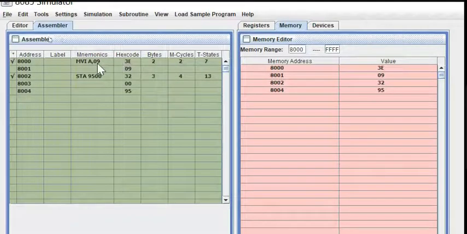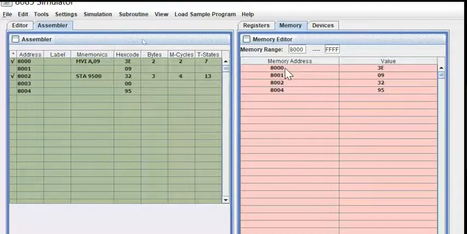And then the data must be stored in the next immediate address location, 8001. STA 16-bit address, 32 is the opcode from the opcode sheet. So 32 must be saved in location 8002. And the 16-bit address must also be saved in the next two consecutive memory locations: first the lower order 8 bits and then the higher order 8 bits. Here the tick mark indicates the opcode. 3E and 32 are opcodes. This is the data in the instruction. And this is the address location to which the accumulator content is to be stored.